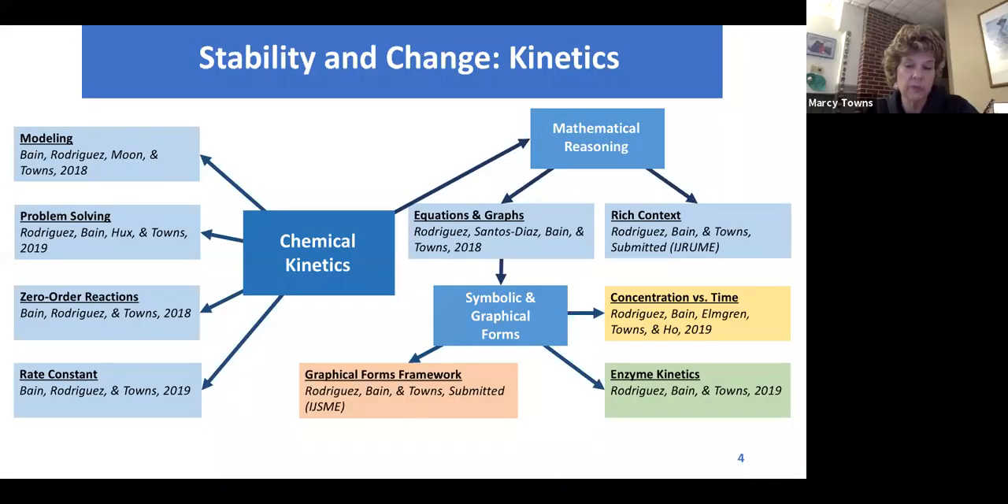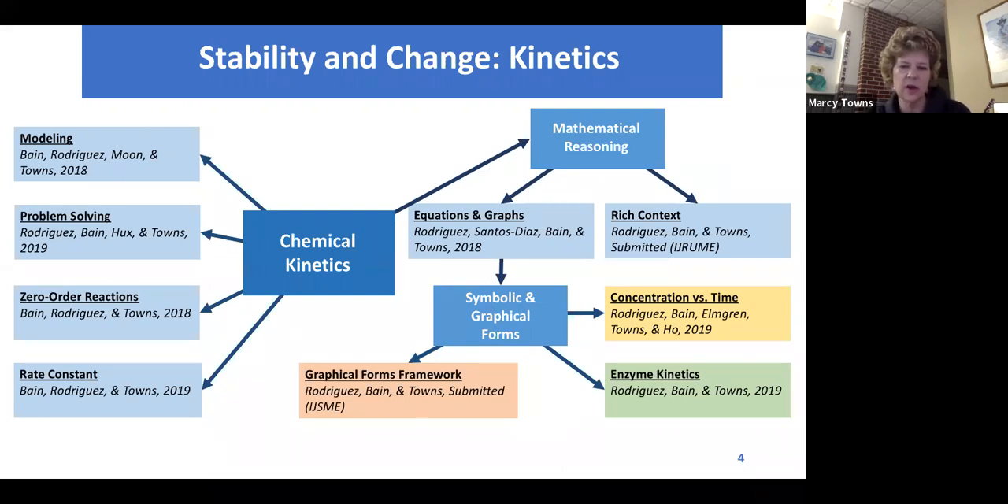of a graphical form. So if there were symbolic forms, there had to be graphical forms too. And graphical forms, again, are a way of looking at a graph and, through student interviews, recognizing how students use certain kinds of features on a graph. And that's turned out to be really helpful, not only in just the enzymes work, which is actually all the blue squares that you see, but in some work that we did with Maya Elmgren and Felix Ho,